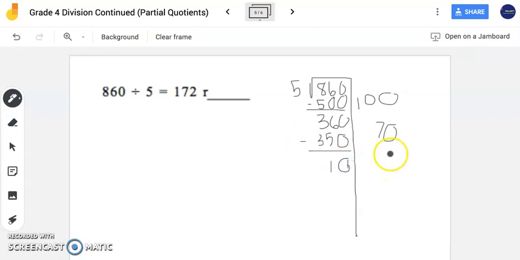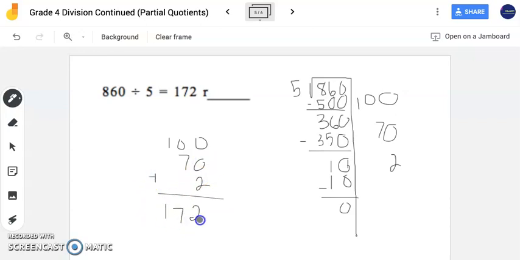And I know that 5 times 2 is 10. And in fact, I have no remainder. But let's just confirm that this answer is correct. So 100 plus 70 plus 2 gives me